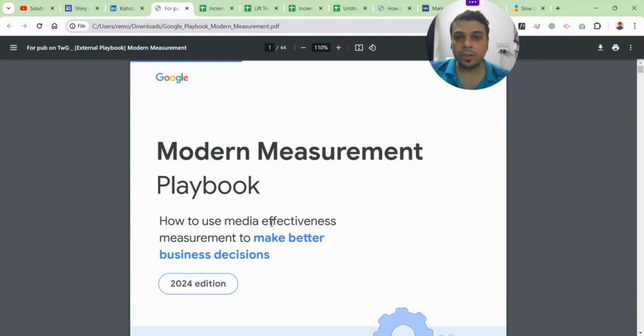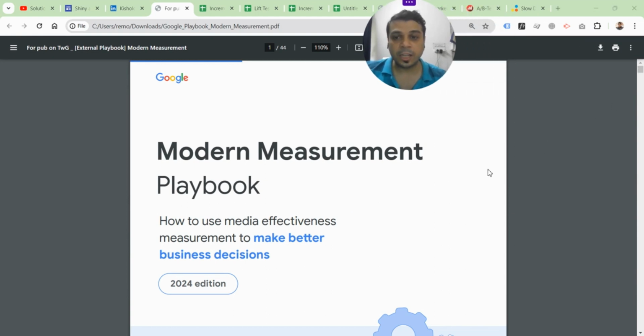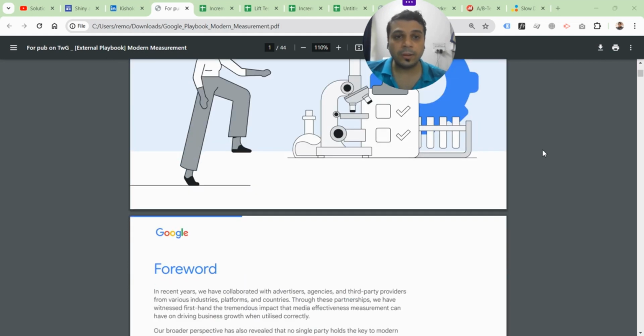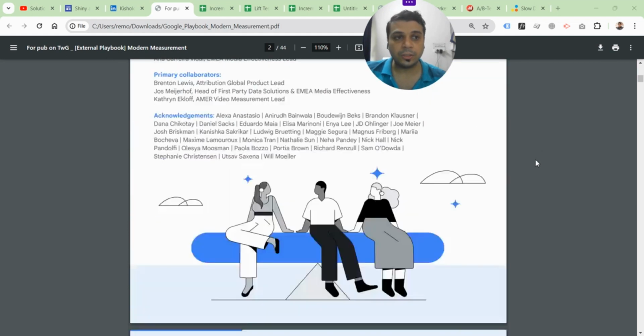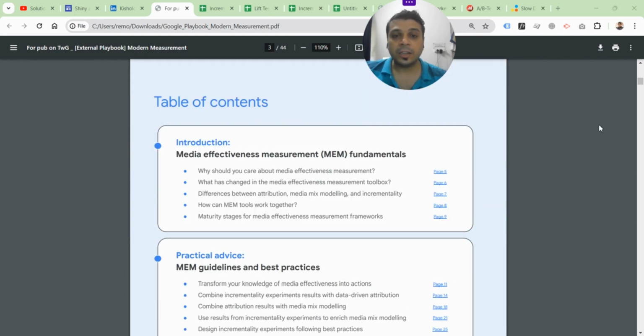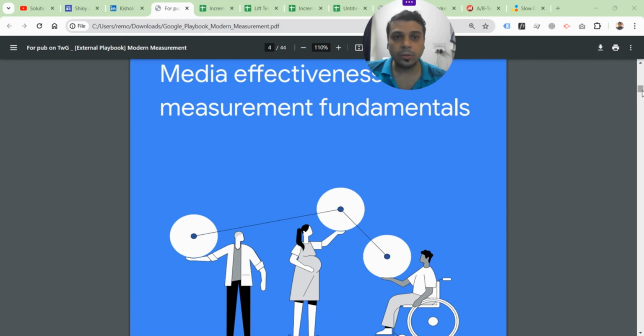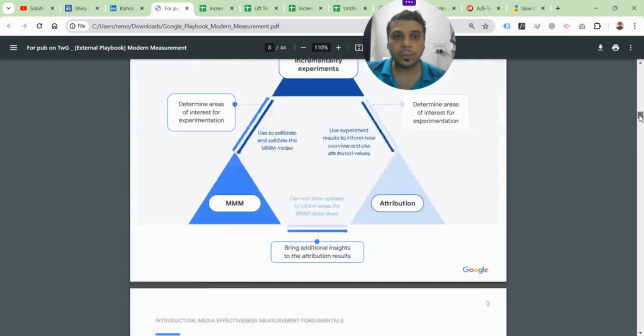This is known as the Modern Measurement Playbook. And in this document, they have actually very nicely laid out the different kinds of experimentation approaches that different brands can take in order to understand how profitable their different marketing initiatives are. So obviously, it covers marketing mix modeling, it covers attribution modeling, but it also goes on to talk about incrementality